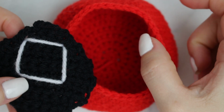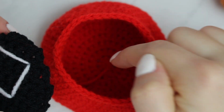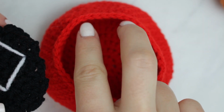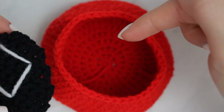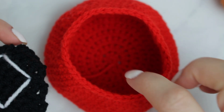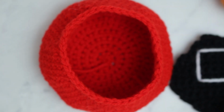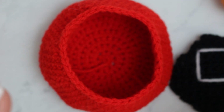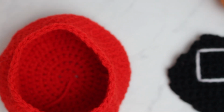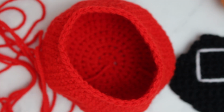What I'm gonna do is I'm going to be first sewing around before I stuff inside, and then I just leave a little gap so I can place the stuffing inside, and then I can just sew the opening closed once we have the stuffing inside, because that's a little bit easier, and then we're not gonna have stuffing everywhere on the way. So I'm gonna get a little bit of the yarn. You don't need a lot because it's not a lot of sewing, and I'm also going to be using a single strand